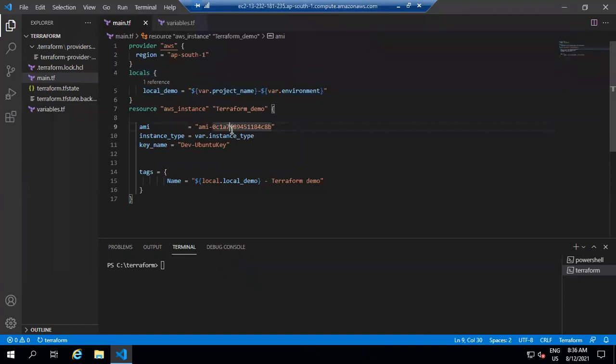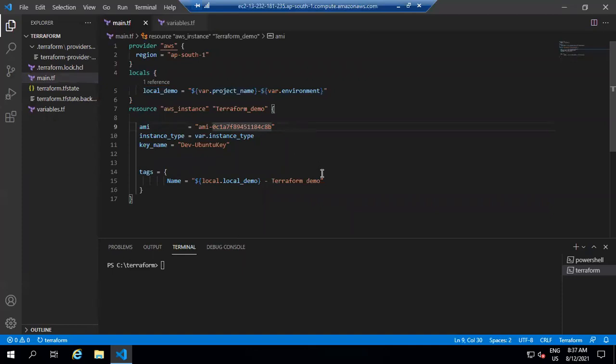So here I am defining local variable, and firstly we create locals, and in it you can define a variable. So here I am defining local underscore demo, and here I am defining the variable: dollar var dot project name, and hyphen, then dollar in curly brace var dot environment.